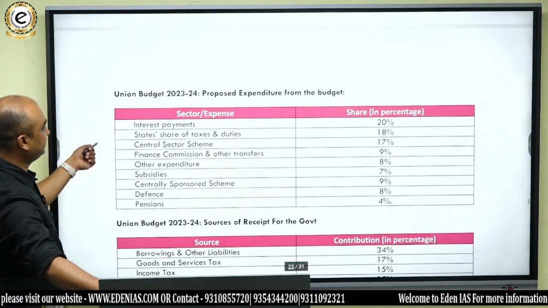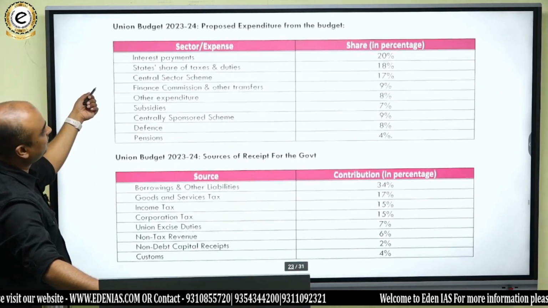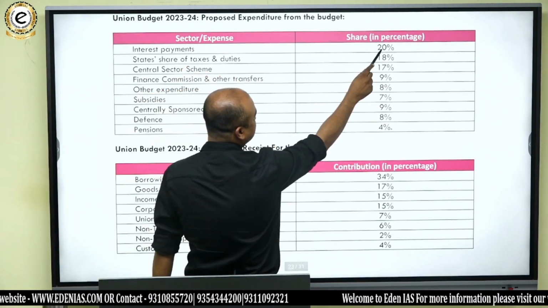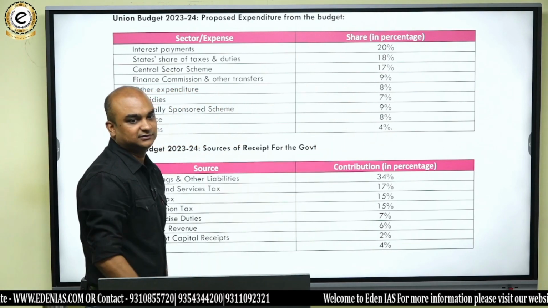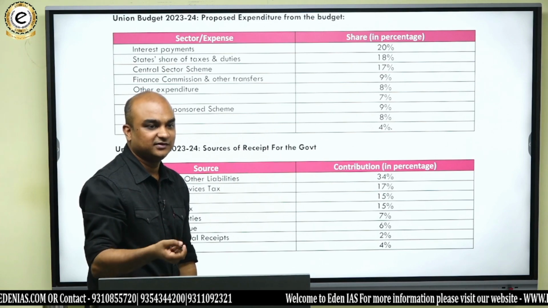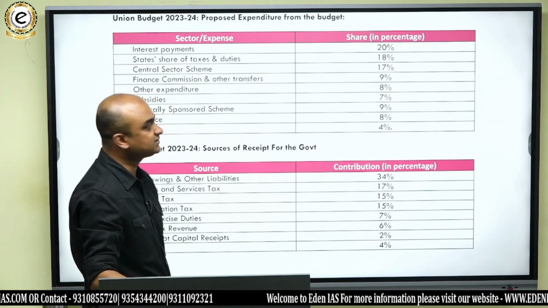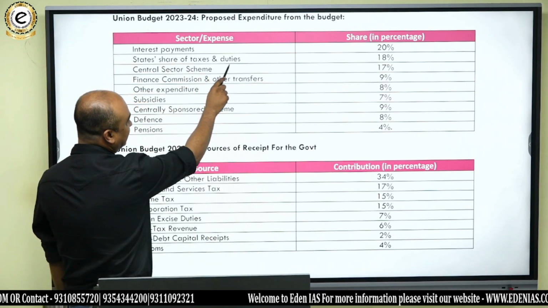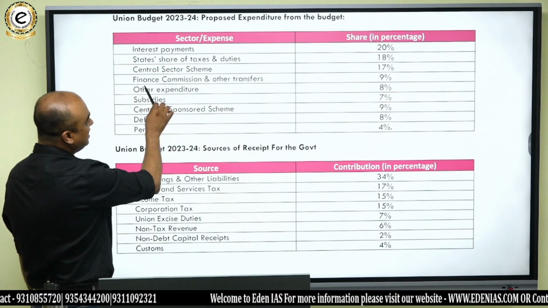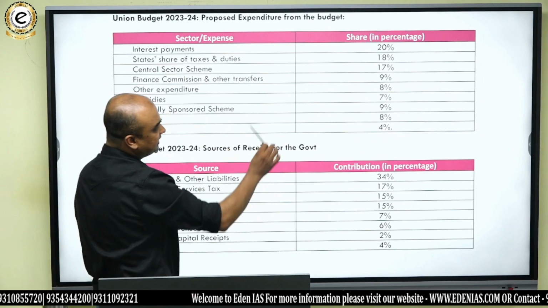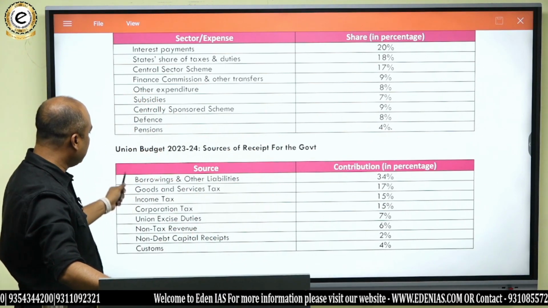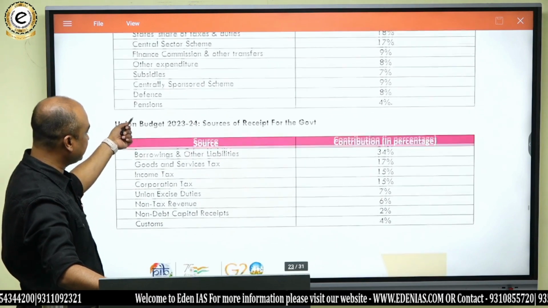ये देख लो आप, ये दोनों टेबल आप ध्यान में रखो। Proposed expenditure from budget, इंटरेस्ट पेमेंट पे सबसे ज्यादा एक्सपेंडिचर है, मतलब जो लोन लिया है, एंड दिस काइंड ऑफ एक्सपेंडिचर इज व्हाट एक्सपेंडिचर? रेवेन्यू एक्सपेंडिचर। यू अंडरस्टैंड दैट? स्टेट शेयर ऑफ टैक्सेस एंड ड्यूटीज 18%, सेंट्रल सेक्टर स्कीम 17%, फाइनेंस कमीशन एंड अदर ट्रांसफर्स 19%, लोएस्ट जो है वो पेंशंस पे जा रहा है, ठीक है।